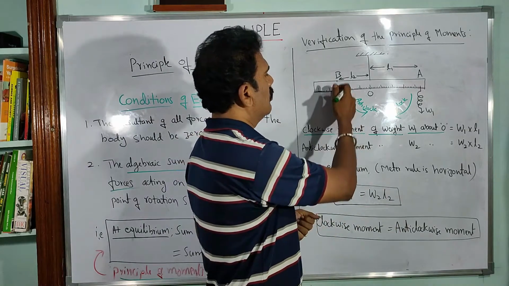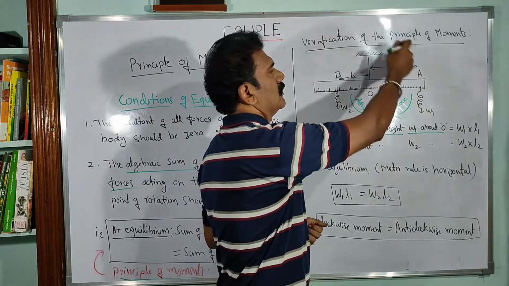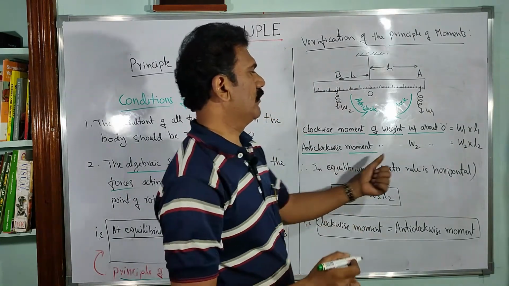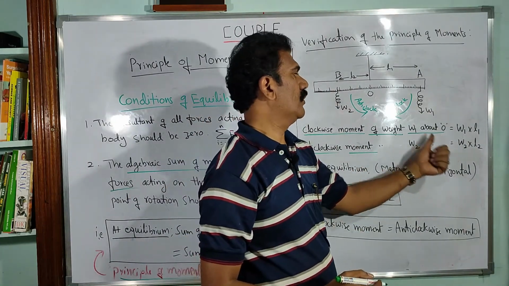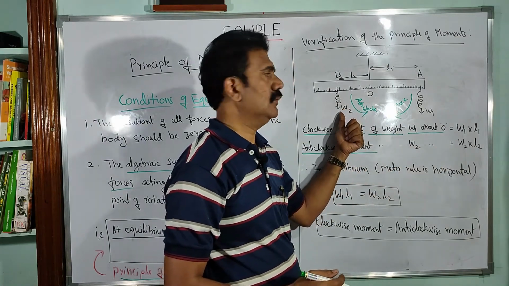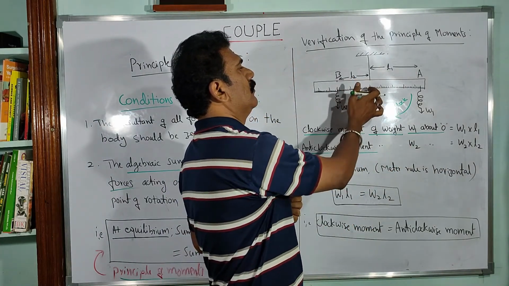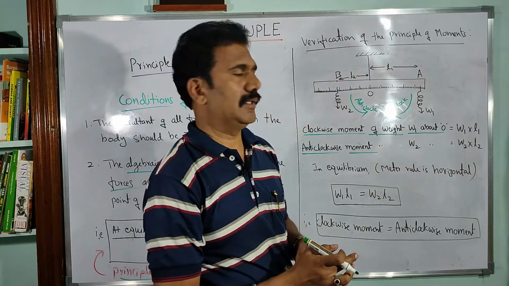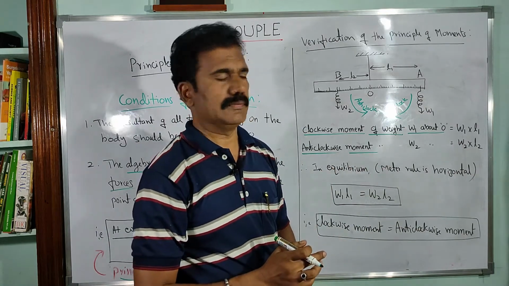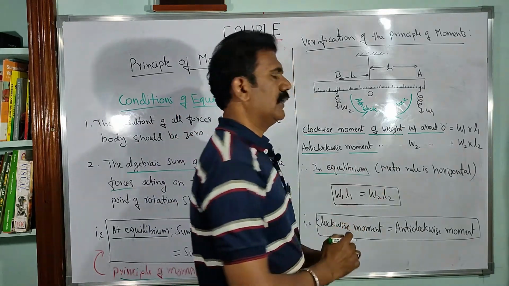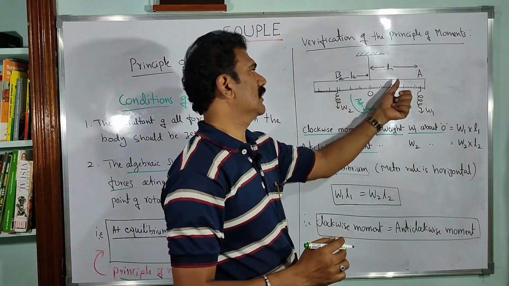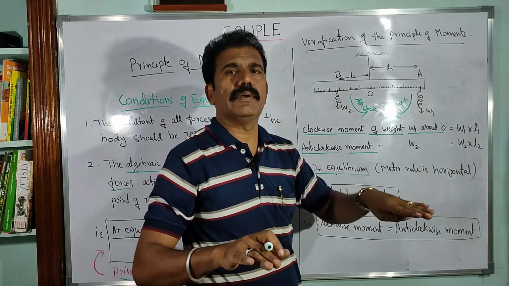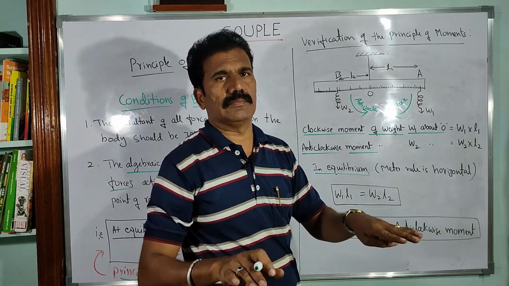Similarly, W2 is giving the anti-clockwise moment to the beam, so you can calculate the anti-clockwise moment of the weight W2 about the point O as the product of the weight W2 into the perpendicular distance from the point O to the point of suspension B. That is equal to L2. W2 into L2 gives the anti-clockwise moment. Now when you adjust the positions, L1 and L2 are adjusted in such a way that the beam is maintained horizontal. That is the equilibrium condition, isn't it?